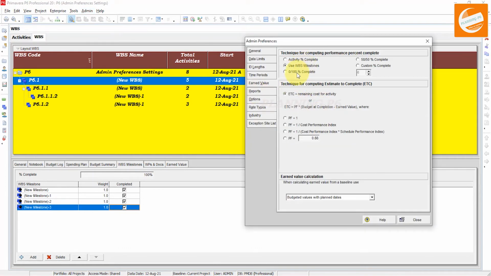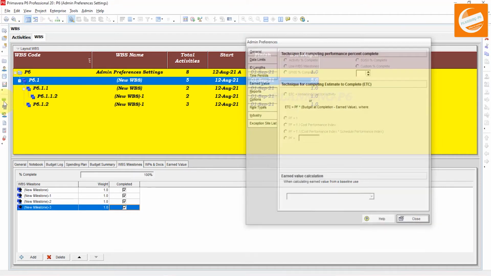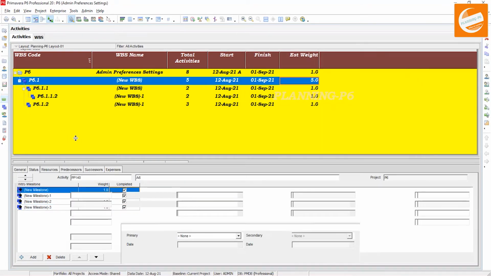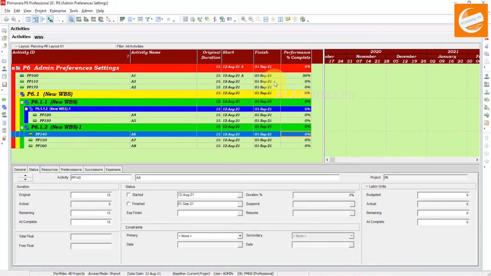And here the third option is the 0/100 percent complete. It means that in the activity tabs, if your activity is 30%, it does not matter.